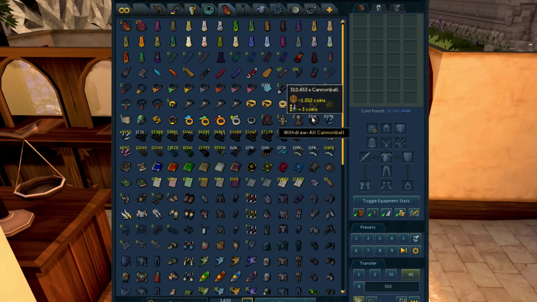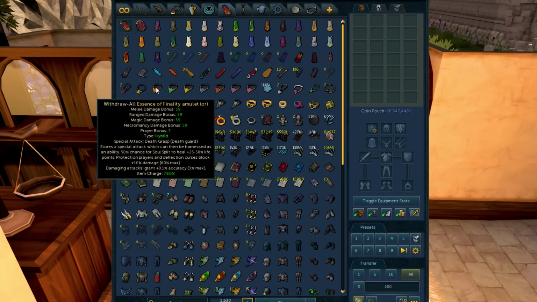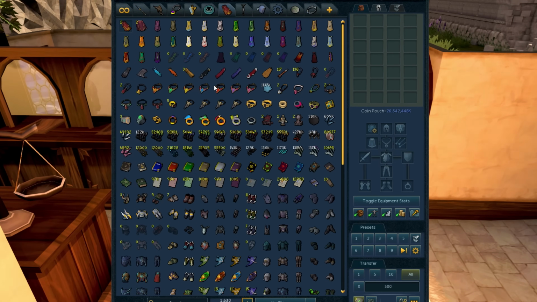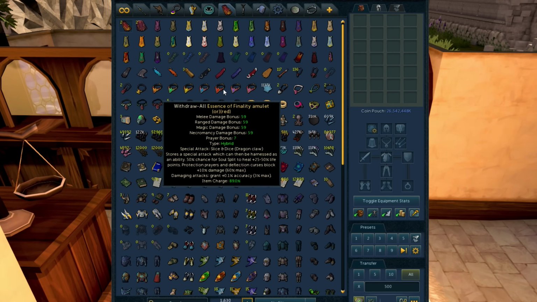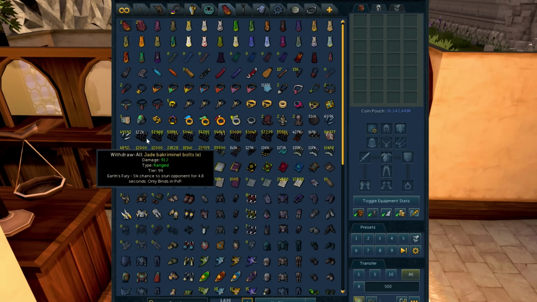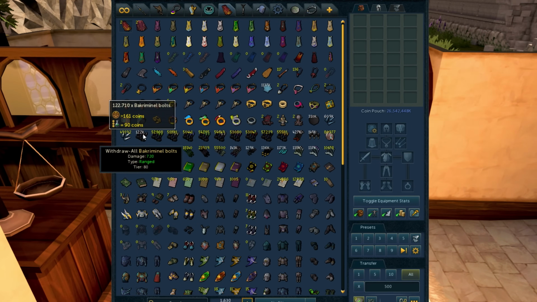I did have 1 million cannonballs at one point as well. I sold them because they were crashing below 700 GP, and I was like, oh, just sell them. But now, seeing where they're at now, I should have kept them. Essence of Finalities with my Necromancy gear, Dark Bow, Stadius Warhammer, Seren Godbow is probably the most highly valued one, Dragon Claws, Gothic Staff, Armored Battle Staff, and then bolts, but criminal bolts, let me know if I mispronounced